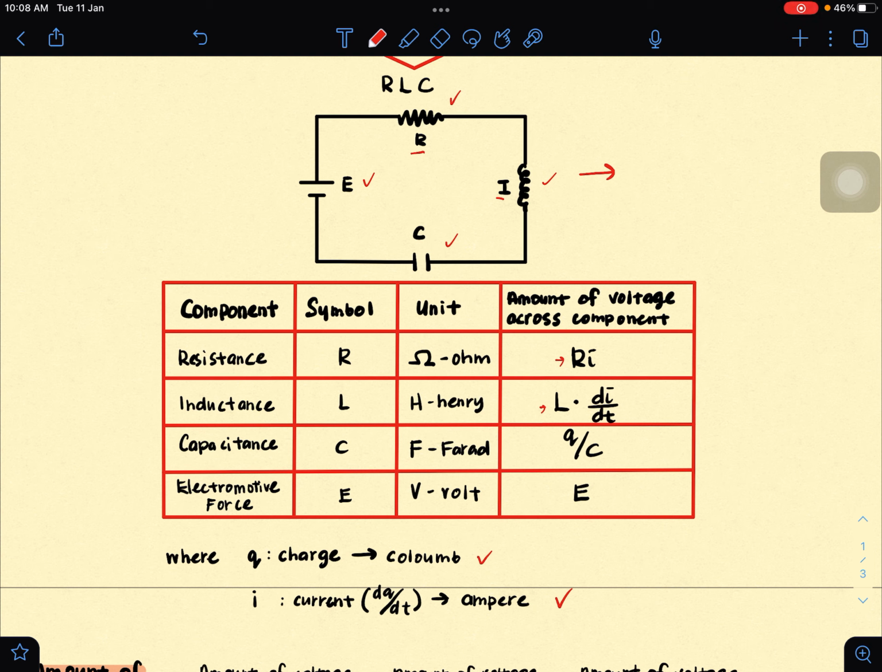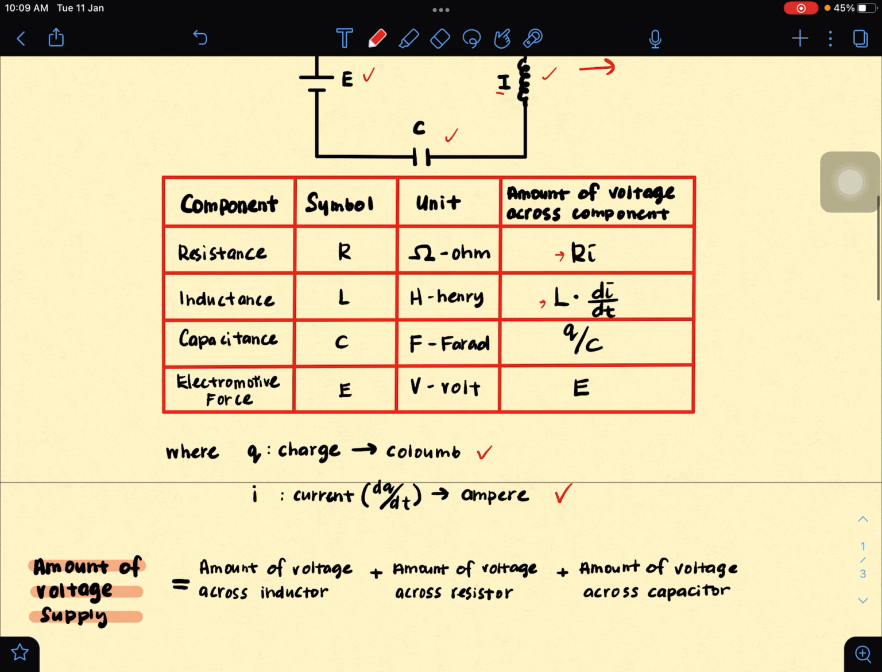Okay, and E is electromotive force, the symbol is volt, where electromotive force is the source of the energy. So it might be the battery or any other source of energy. So E is energy, symbol is volt. Q is charge, whose unit is coulomb, and I is current, and current can also be represented by